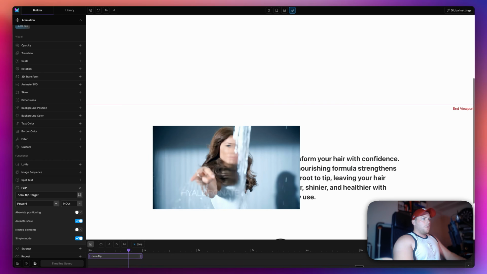So that was essentially what our customer was going for, and I hope that is helpful. I hope you enjoyed this deep dive into the Flip plugin and how you can use it with Motion.page. It opens the doors for a lot of possibilities here,